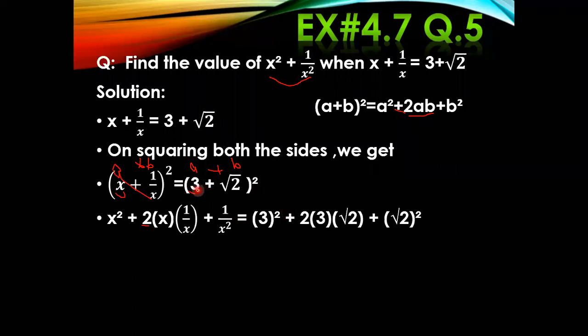This is your term a, so you will take the square of term a, that is 3 whole square, then plus, the formula needs a plus, then what you have is 2ab. So first of all, you will write here 2, then a. What is your term a here? On the right hand side, term a is 3 and term b is under root 2. Okay, please keep it in your mind that term b here is under root 2.